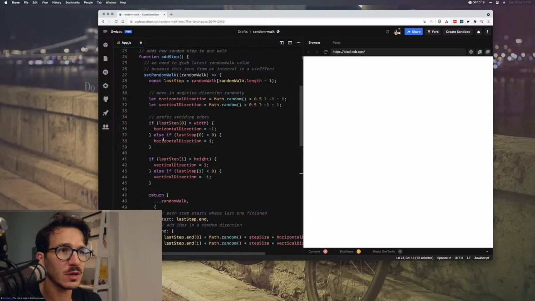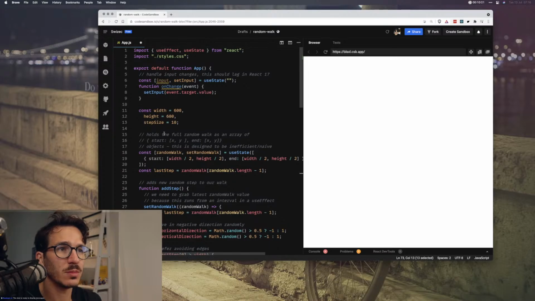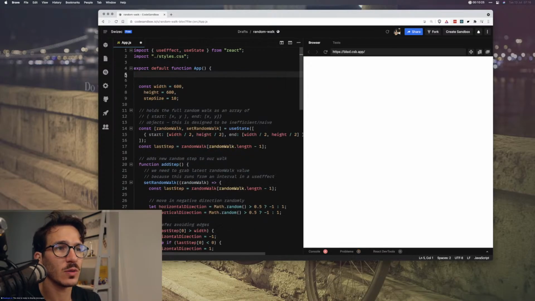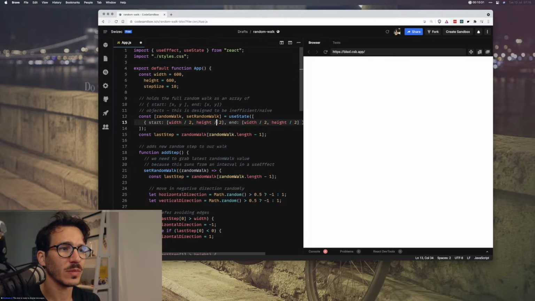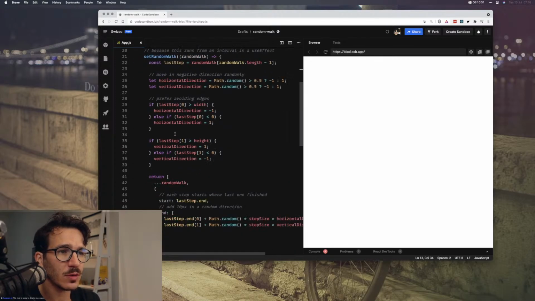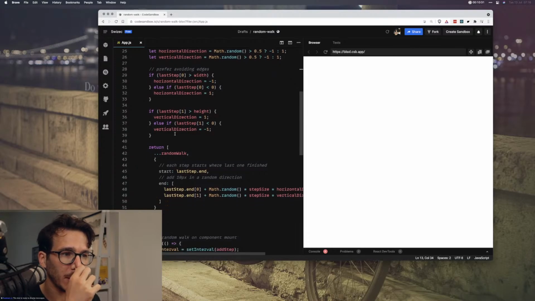We have the set interval, and we should probably add some way to actually start. Should we add a way to start the actual thing? Maybe. Okay, so we have add step, set random walk. That's what does the walking.